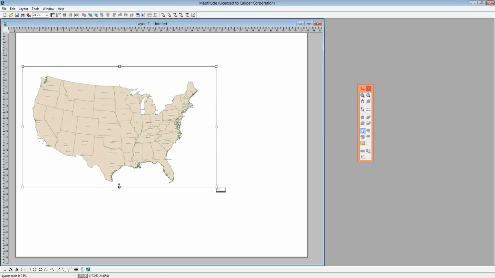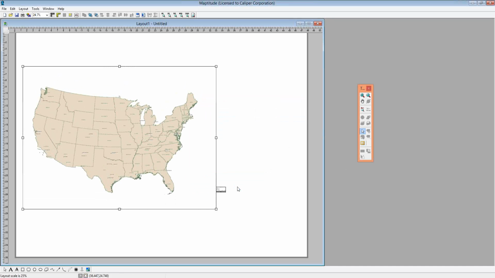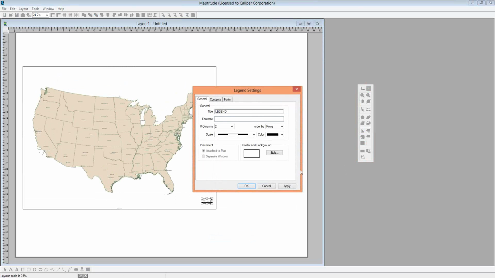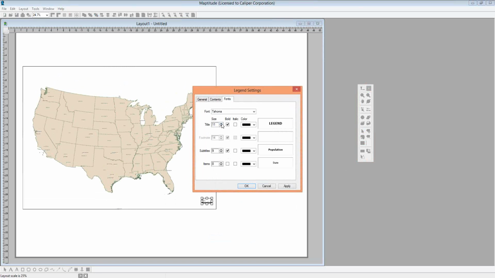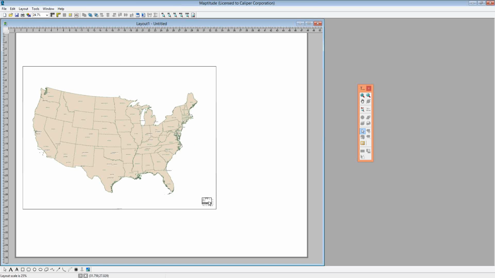As you can see, this occupies a good bit of my screen real estate. I can change the shape of this window by activating the pointer tool and reshaping the window as desired. When the map was added to the layout, the legend was appended in the lower right-hand corner. It is here. I can include this and move it to any location which I like. I can also make this legend bigger by changing the font sizes. So if I want it to stand out a bit more,